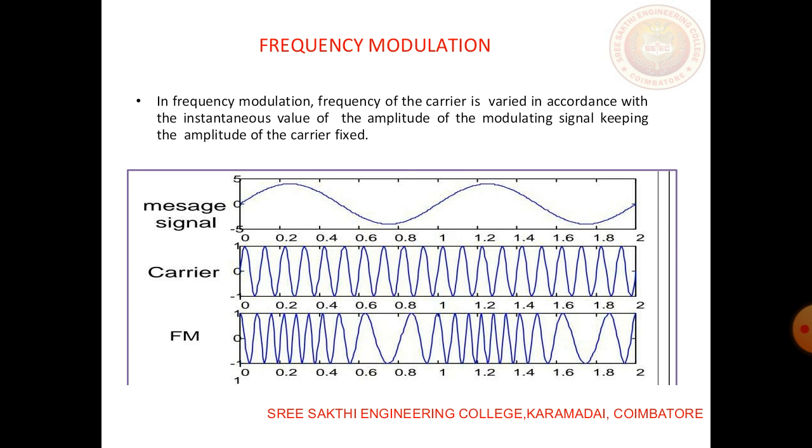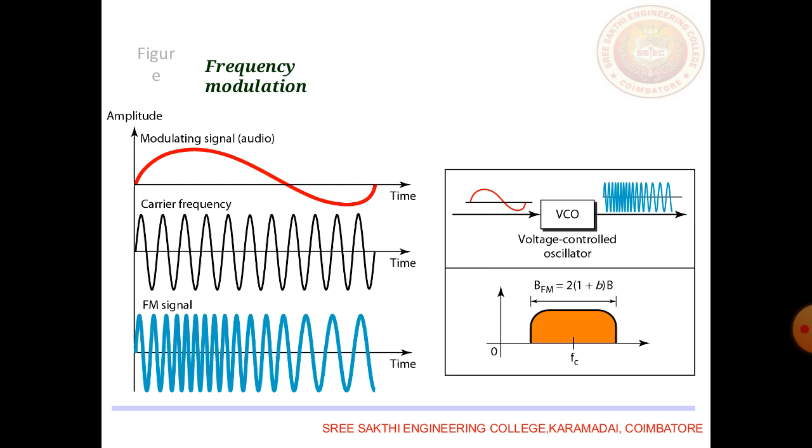Next, frequency modulation. Here the frequency of the carrier is varied according to the instantaneous amplitude of the message signal. See, the message signal has positive and negative pulses. The carrier signal is uniform, whose frequency is greater when compared to that of the message signal. In the FM signal you can view that the positive part will have a compressed signal and the negative part will have the expanded signal. This will continue as long as the signal is applied. So this is your frequency modulated signal.